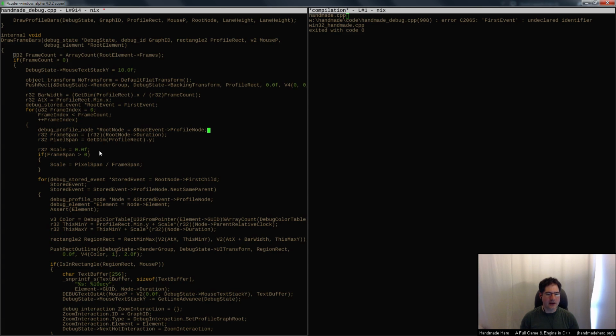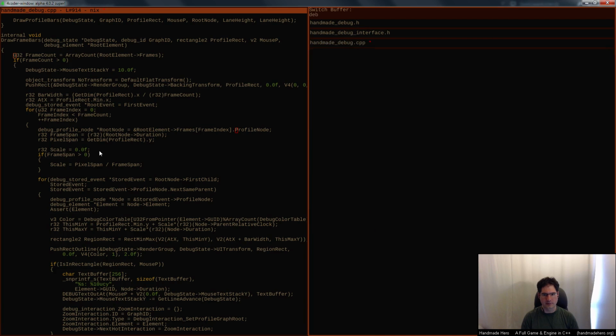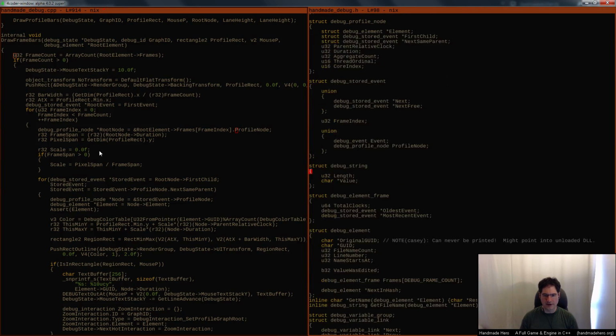And then when we want to get the profile node, it's as easy as just saying, all right, whatever the element is that we're on, we want to access the frames of that. And we just want to get the profile node out of that, right? Remember how this works. I'm just going to pop back here for a second. So we're in one of these things, and we can grab out the profile node of this guy by taking whichever, well, I guess there's multiple